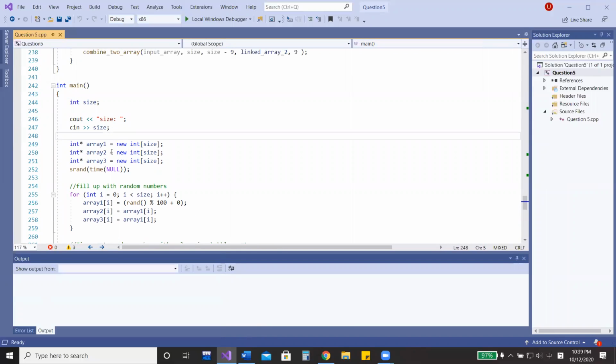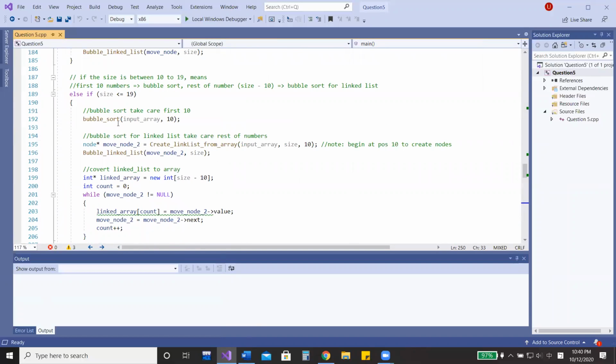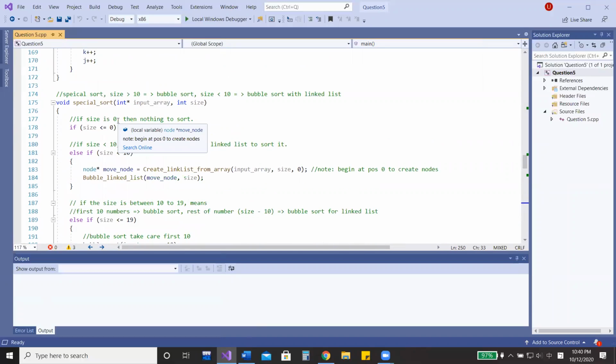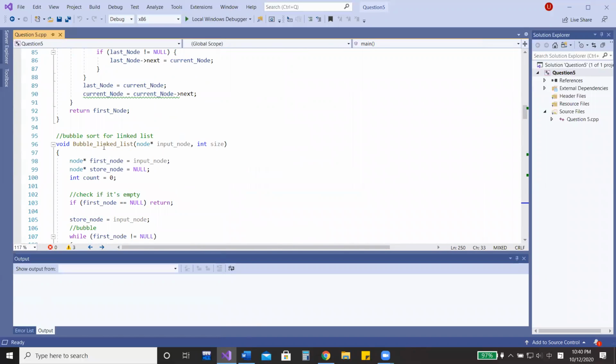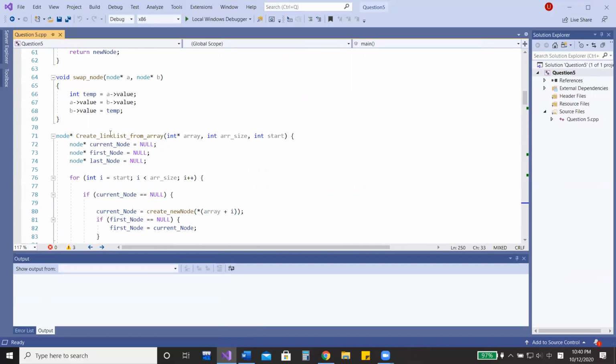I won't create a linked list in my main function. So I have to convert my array to a linked list. So that's why I have the function called create a linked list from the array. So basically,